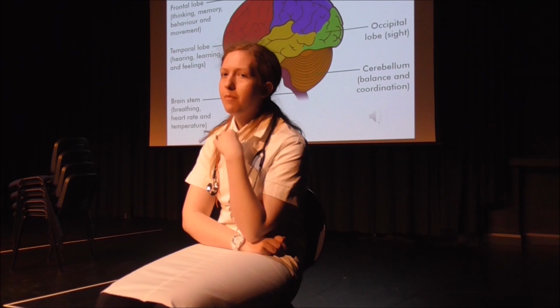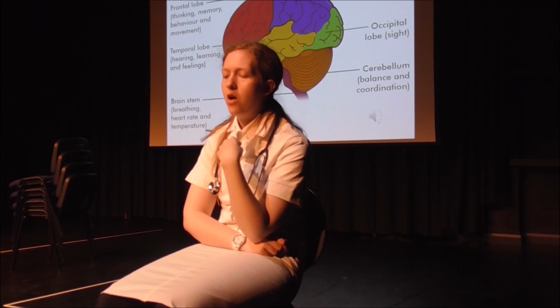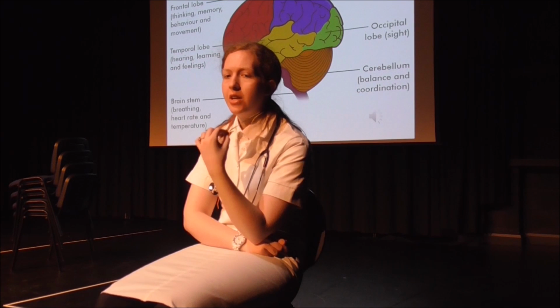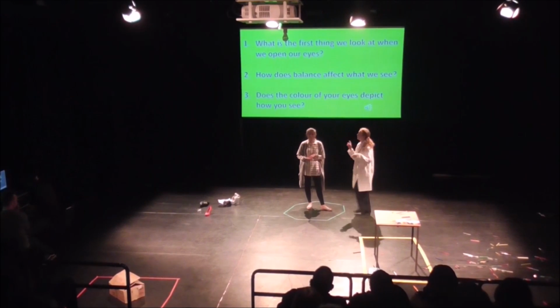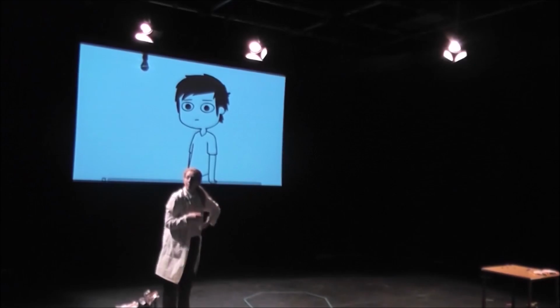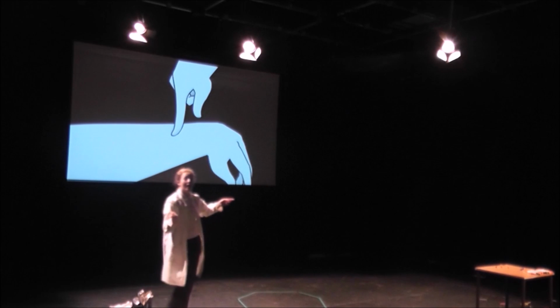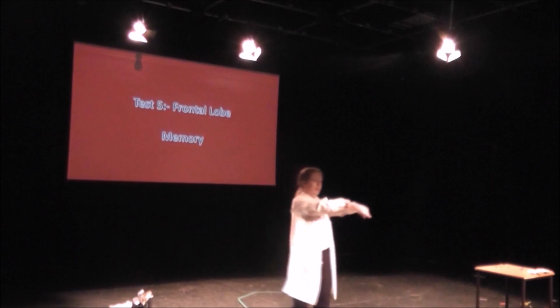The audience participation I wanted very much. There were many things that I considered when doing the audience participation. I had the audience participate two times. One, I pull a member of the audience out. So what I'm going to do is I'm going to spin you, and when I stop spinning you, I want you to describe the first thing you notice in full detail. And the next, when you touch your arm, do a test themselves. What do you feel first? Is it your finger touching your arm, or your arm touching your finger? Everyone touch her arm with their finger. Think about which bit of skin is most present.